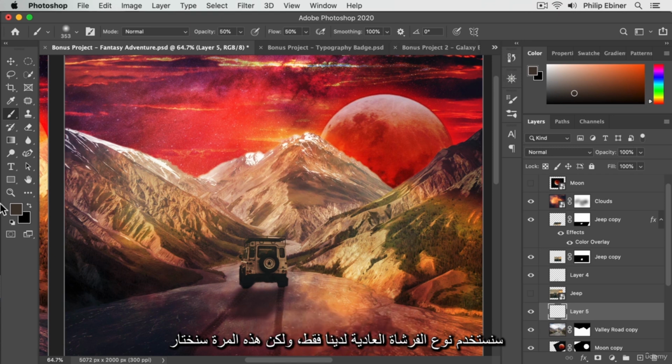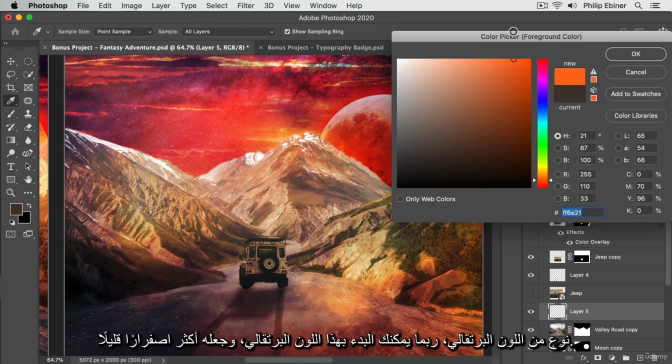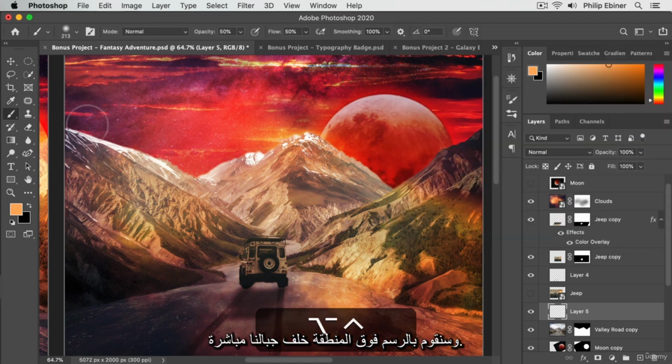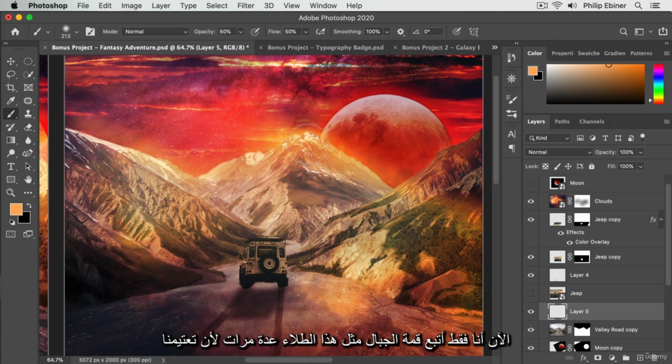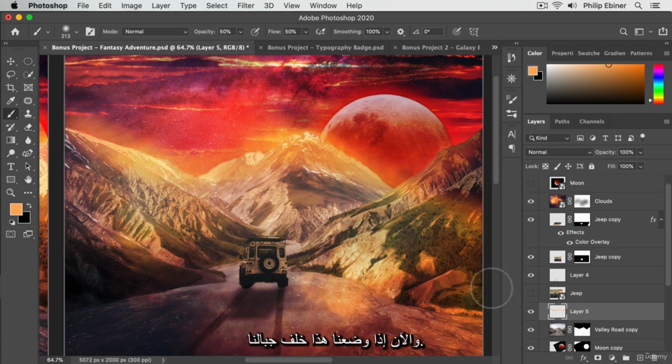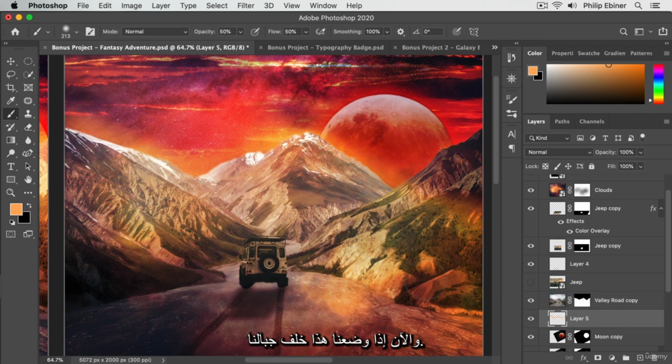This time, though, we're going to choose sort of an orange. Maybe start with this orange, make it a little bit more yellow. And we're just going to paint right over behind our mountains. Now I'm just following the top of the mountains like this, painting over a couple times because our opacity is a little bit lower. And now if we put this behind our mountains,